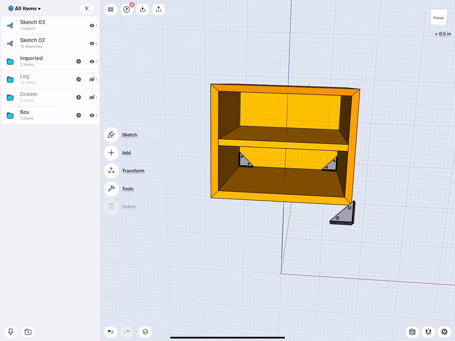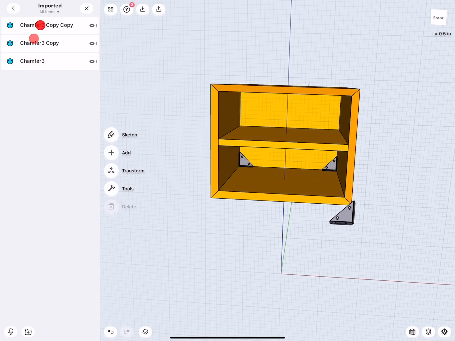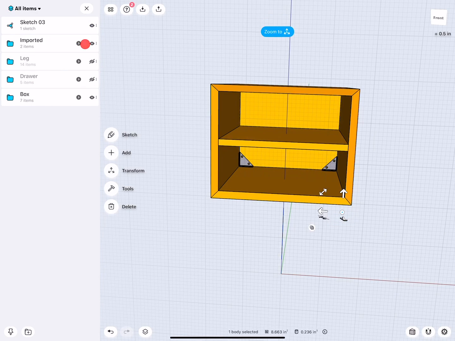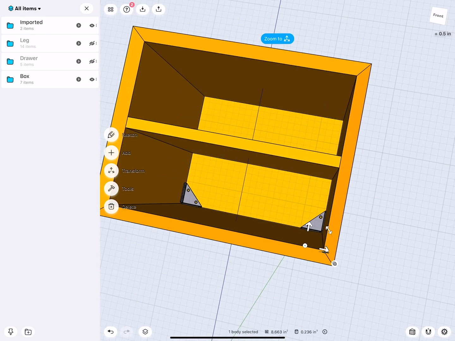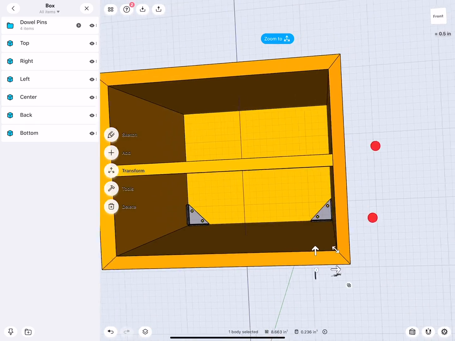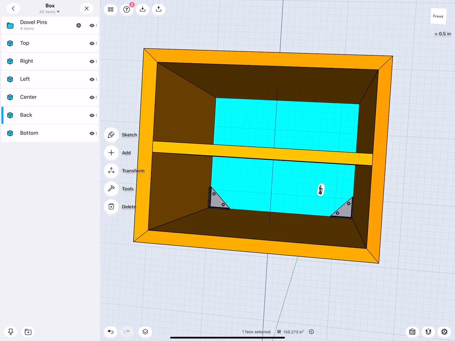Now, I will actually remove this first part there, and also remove these sketches, which were helpers, just so I can clean my design a little bit. I would like to get this to the other side, so the other top corner. To do this, ideally, what I want to do is essentially this. So this face I can select,